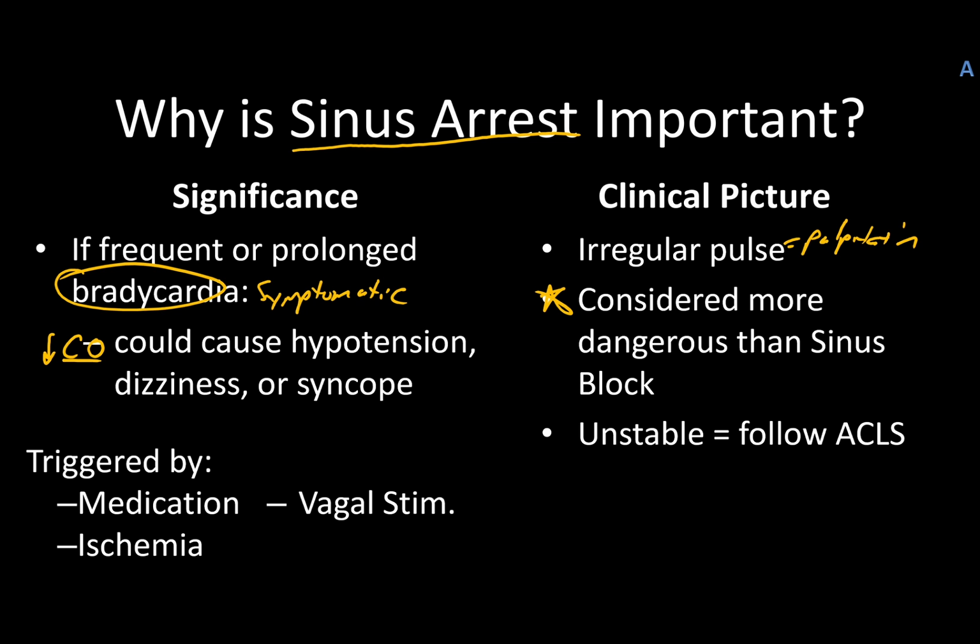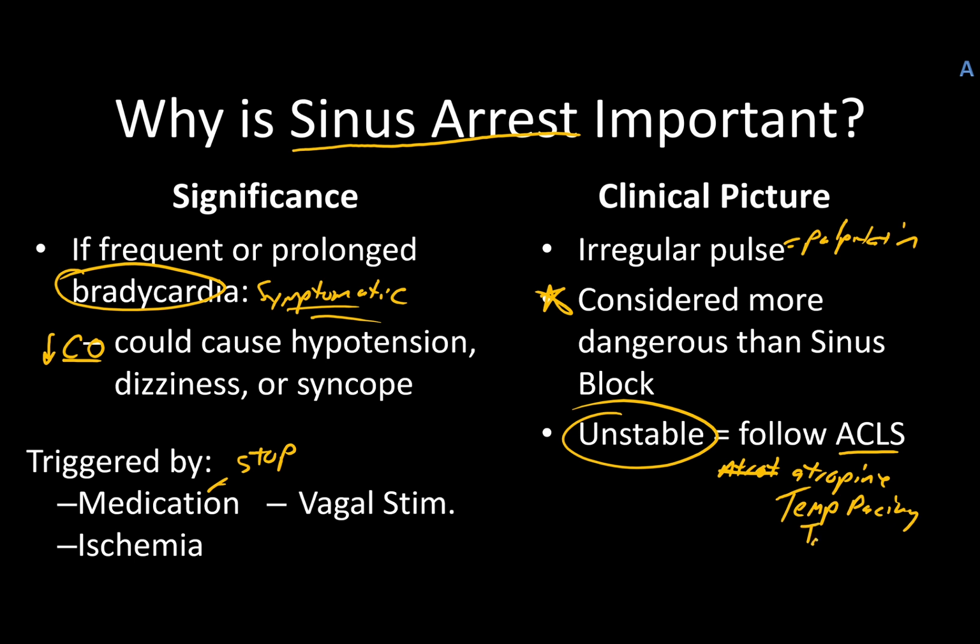Regardless, whichever one of these there are, if that patient is symptomatic and winds up being unstable, we need to follow ACLS. And just like I'd mentioned before, you've got to try your atropine. Of course, figure out what's triggering it. If it's a medication, stop that if you can. If the atropine doesn't work, or if the patient continues to be more symptomatic, or if you can't get the atropine quickly enough, we need to do temporary pacing,